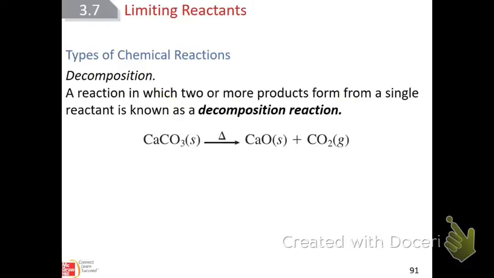I also want you to notice this little triangle. This little triangle up here is the Greek letter delta. In math or science, it means you add heat or change. So in this case, this Greek letter delta means you had to heat it up in order to make this reaction occur. So this says you're going to take some calcium carbonate, you're going to heat it up, and it's going to split apart and make calcium oxide